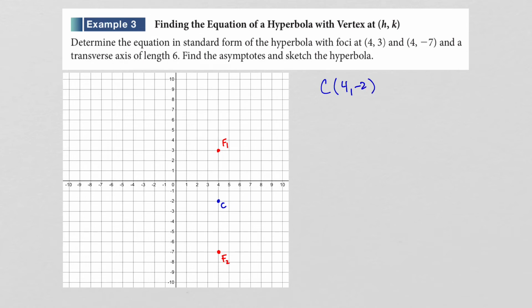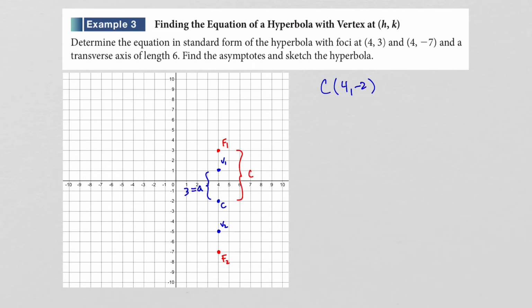And they also tell us that the length of the transverse axis is 6. So remember, the transverse axis is the segment that goes from the vertex to the vertex. So if the length of this transverse axis is 6, it means we have to go 3 units above the center and 3 units below the center. So one vertex would have to be right here. We'll call this V1. The other vertex would have to be down here. We'll call that V2. And now we can see that the value of a is 3 units, and the value